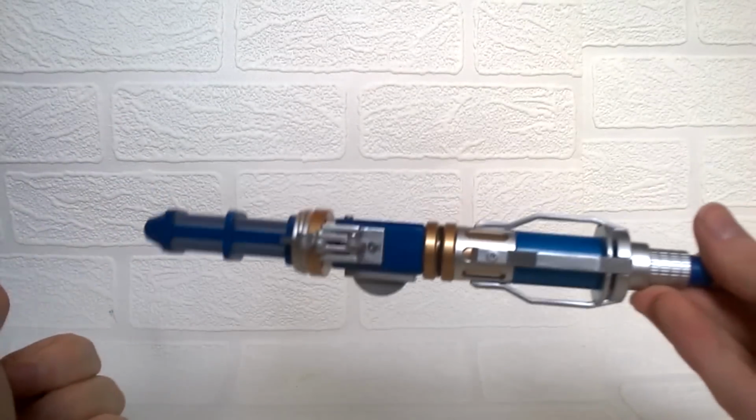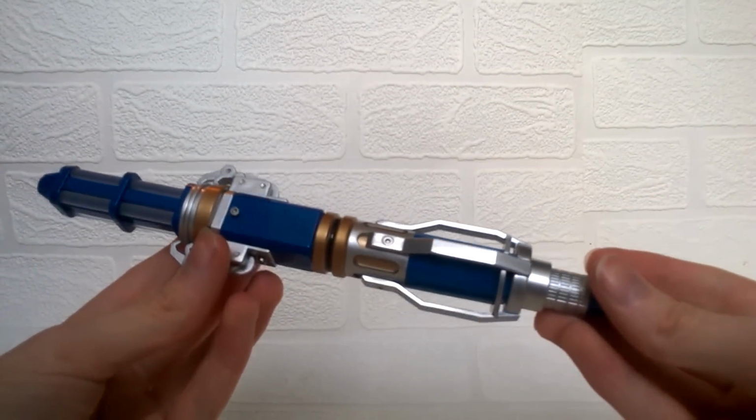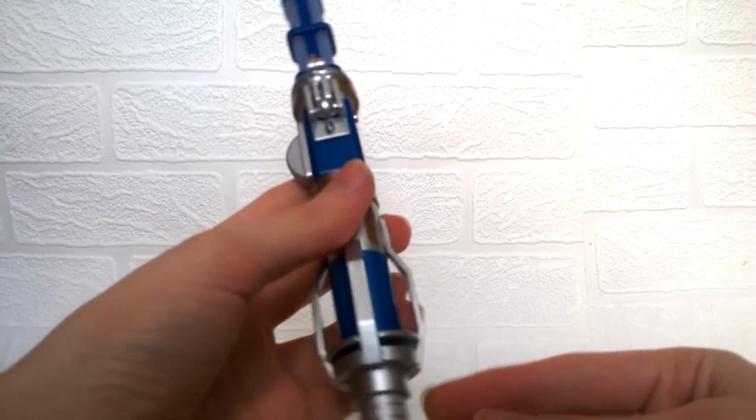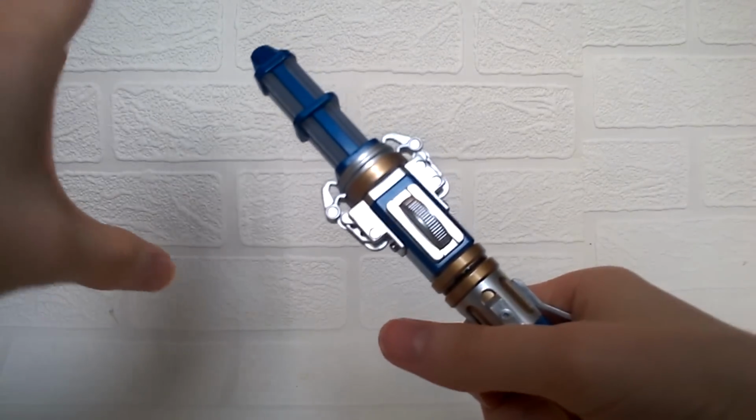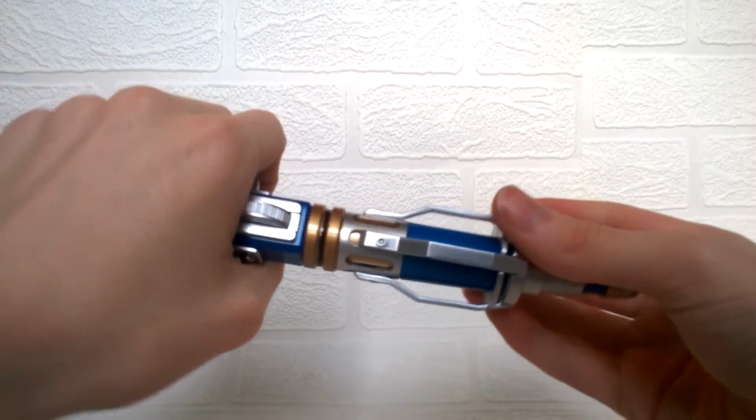and horrible barcode stuff, because the last thing I want to do is buy a Sonic screwdriver to have some company information stamped all over it. Looking at you, 10th Doctor Sonic screwdriver. Much like the River Song Sonic screwdriver, they've gone down the same route, which unfortunately was missed on